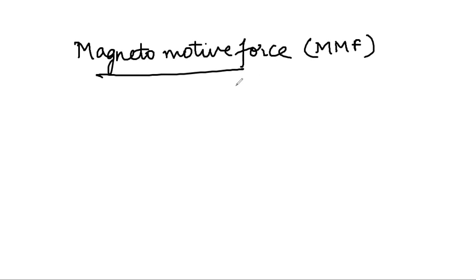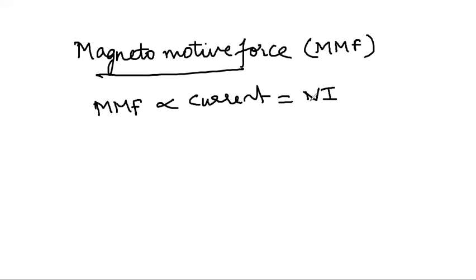Also, MMF is caused due to current flowing through one or more turns. That is why magnetomotive force or MMF is proportional to current. When I remove the proportionality constant, we get